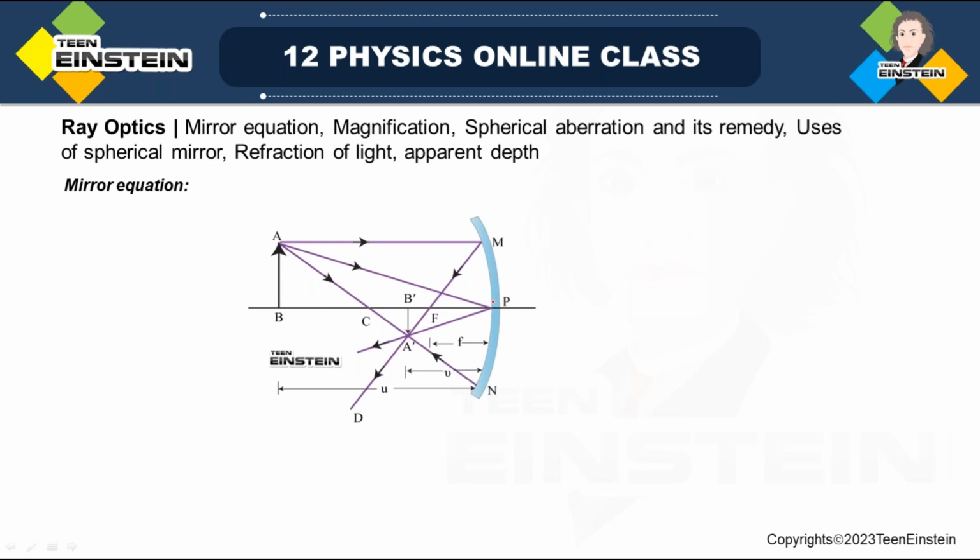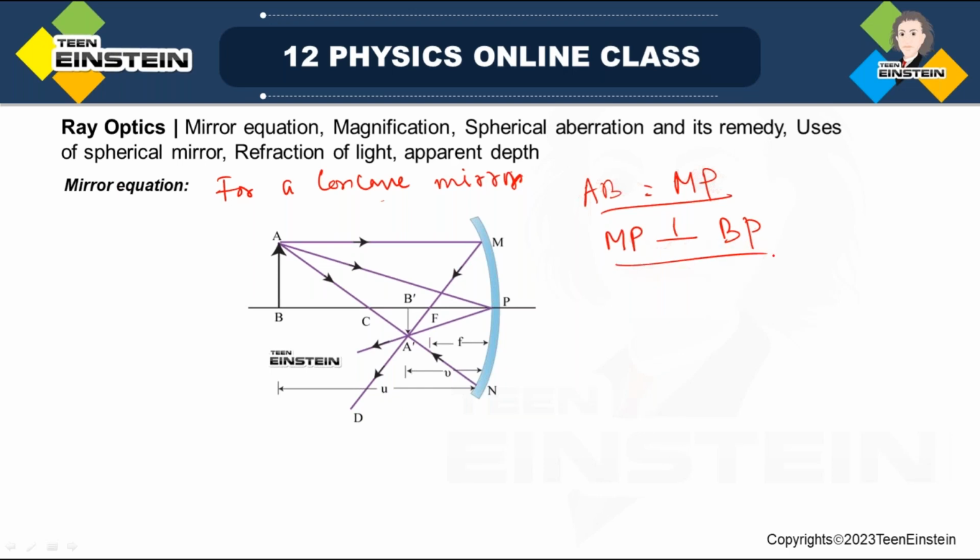And see, since BP and AM are parallel lines, AB can be equivalently written as MP. So these considerations we will take. By mistake, I had just erased this also. So these considerations we will take. I'll write one thing more here: this is perpendicular to BP. I will write perpendicular to BP for small aperture approximation. Okay. So here, as I was discussing, there is an object AB in front of this